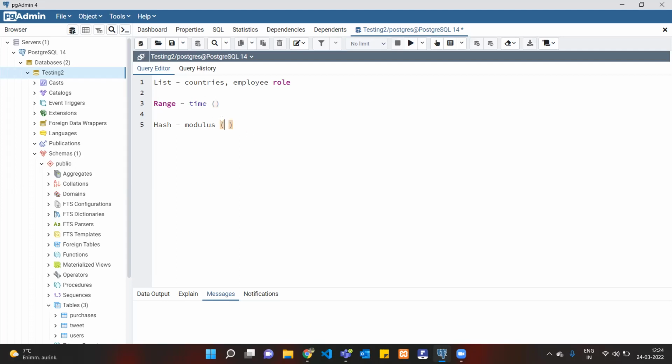Suppose you want to separate a table which has some kind of information like employee id, or product id, something with numbers, but it's not a date. Those kinds of operations can be handled using hash, but currently you don't need to worry about the hash, which we will not use in our assignment actually. So you don't need to worry about that. So ideally, how it works,